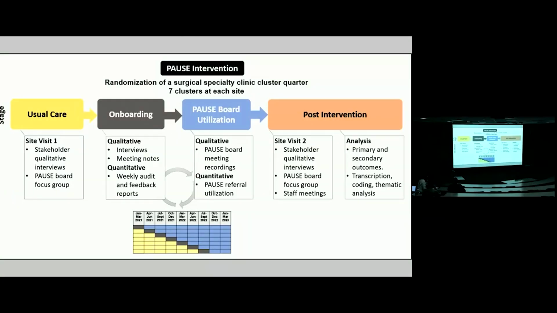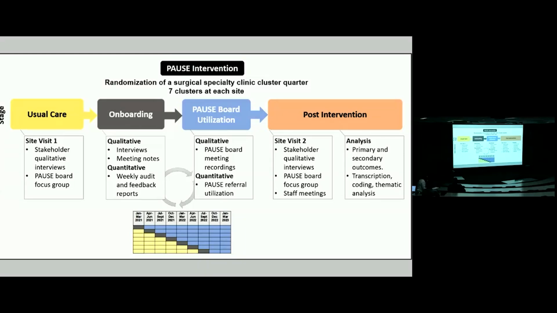So this is the PAUSE intervention cycle. We started with usual care. Because this was a hybrid trial, we wanted to collect implementation data. So we started with interviews and focus groups during the usual care phase. Then as each cluster was randomized, there was a transition phase of a quarter where we actually taught them how